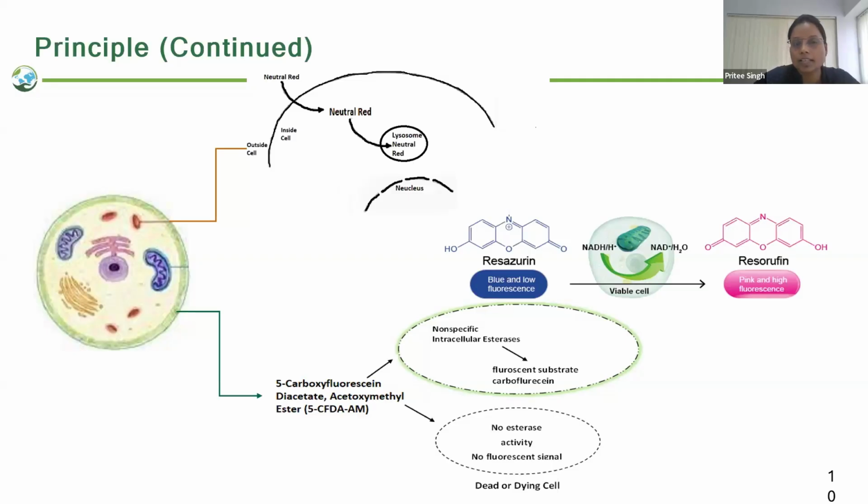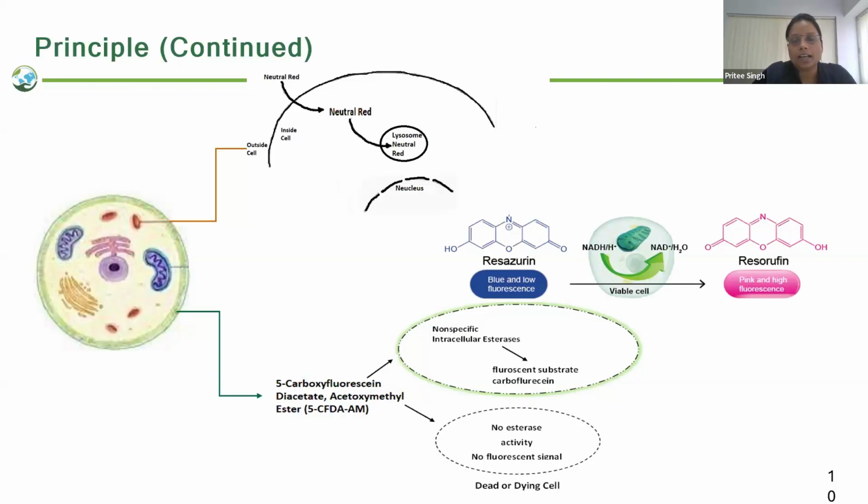Resazurin enters into the cell in its non-fluorescent form and then it is converted into a product called resorufin by mitochondrial, microsomal and cytoplasmic oxidative activity. A decline in resorufin indicates that there is some disturbance with the mitochondrial membrane or microsomal activities.